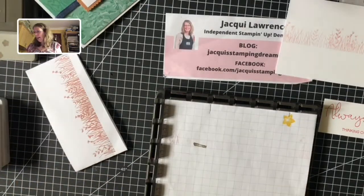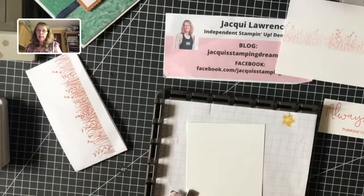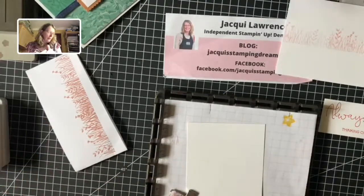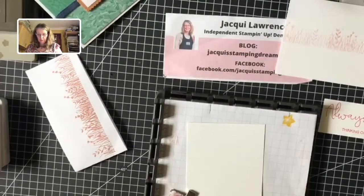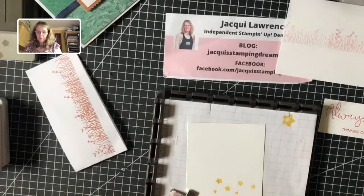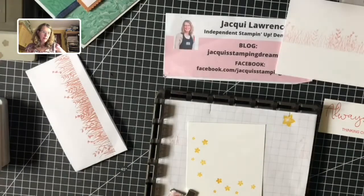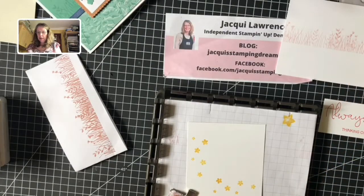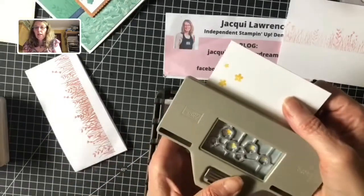Now we're going to do the flowers. So I've got a scrap of Whisper White, and as I say, because we don't have the ink colours, the ink that I found was close enough to Bumblebee was Crushed Curry, and I'm going to stamp the flowers. Just go down like that, and I might do another row there. See how we go. This is the first time I've actually inked the flowers. So I'm just opening up the punch, turning the punch over, and then